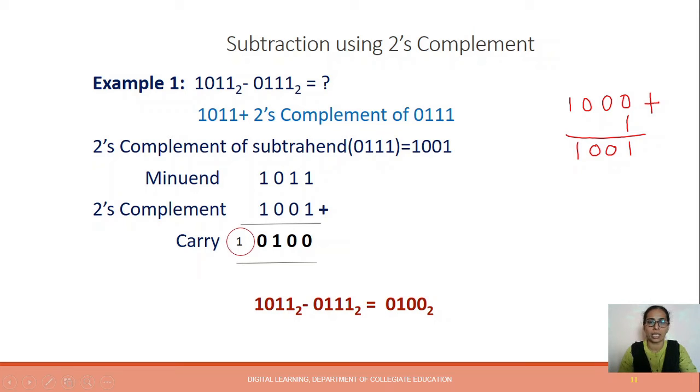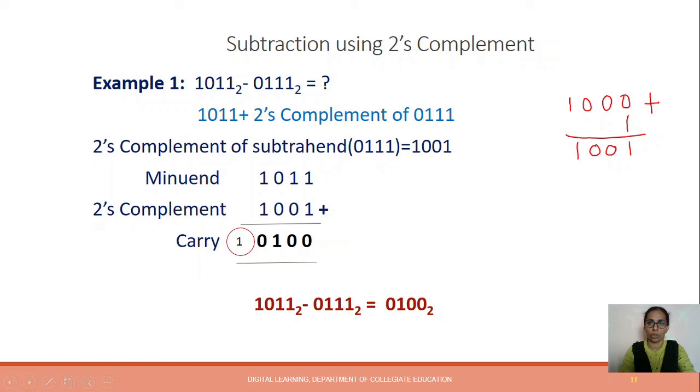So you will get the result as 1 plus 1, 0 with a carry 1. So 1 plus 1 plus 0, 0 with a carry 1. So that is added to this one. So here it is 1, and here 1 plus 1, 0 with a carry 1. Here is a carry 1. So we will be just discarding that carry, and the answer is 0100 and is positive.